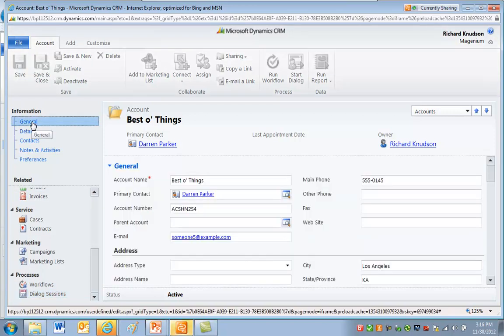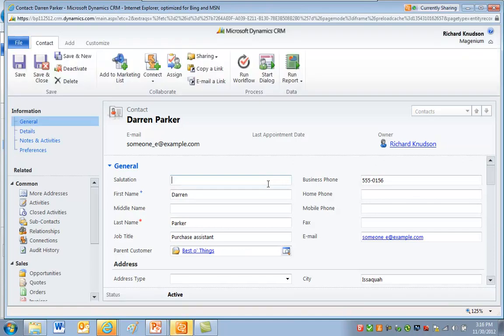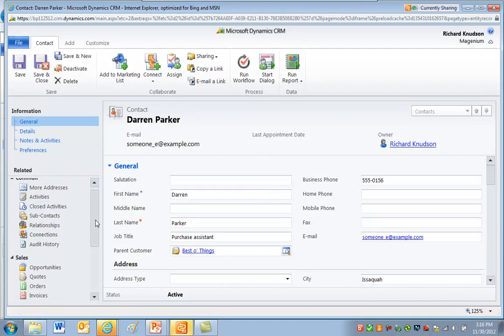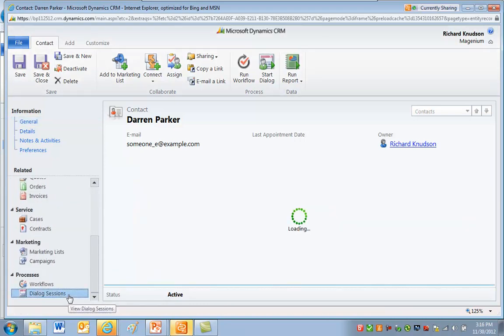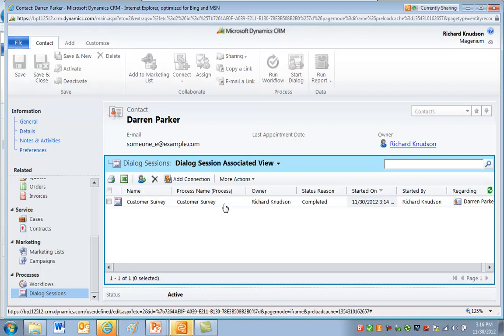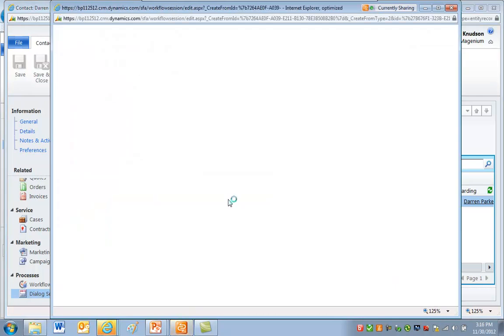Then let's go to Darren Parker's contact record. Okay, now the dialog didn't run for Darren Parker, at least that initial one didn't. But if I go to dialog sessions for Darren Parker, notice that the customer survey that we branched off to, and I'll show you that in a minute, that was for Darren Parker. That ran for the contact record. So if I open this thing up,